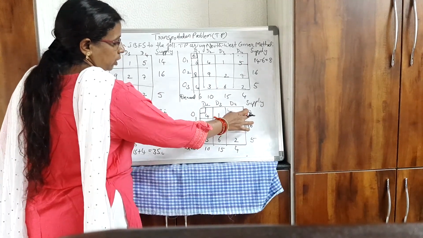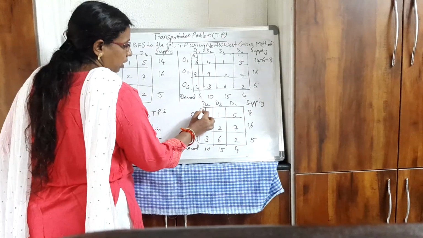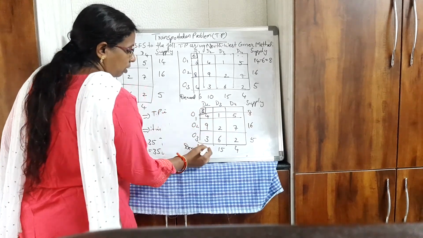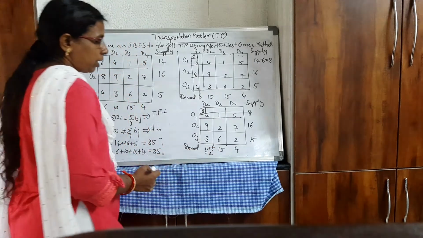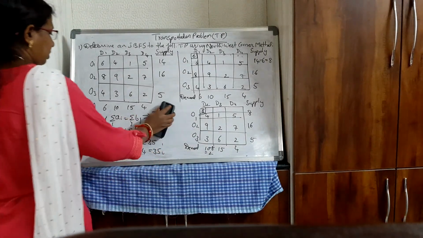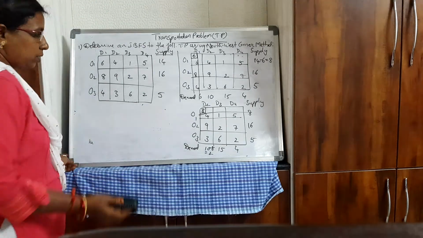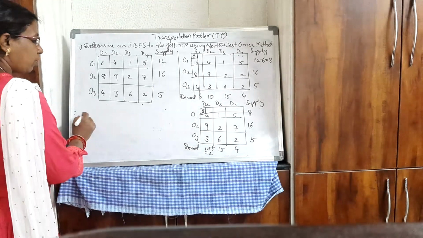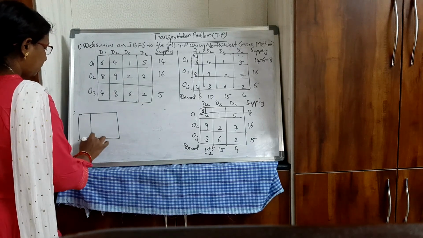Here you have 8, the corresponding row value, and the corresponding column value is 10. So the minimum of 10 and 8 is 8. So this 8 is completely utilized here. So I'll strike off this. Out of 10, how much is given? 8 units are used. So here 10 minus 8 which is 2. Now again draw the leftover table. I am not erasing the question because we need it.